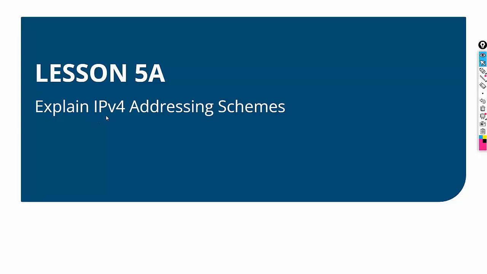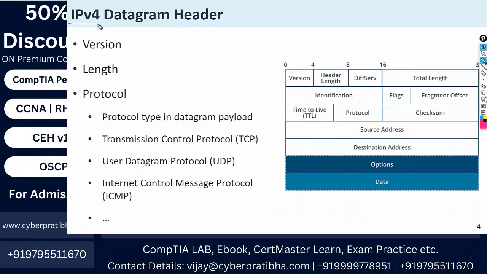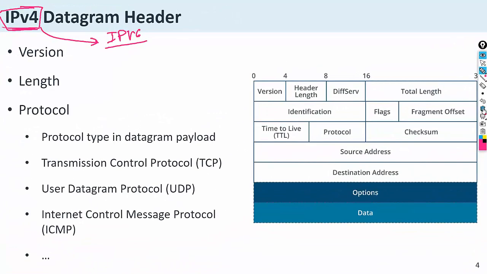So in this section we will discuss the IPv4 addressing scheme. What are the scheme, version, length and the protocol? If we talk about the version, then we are talking about IPv4. IPv4 has a single version, but there is another version of the IP address called IPv6. In this section we will discuss only IPv4. The IPv4 version is version 4, and the length of this is 32-bit.